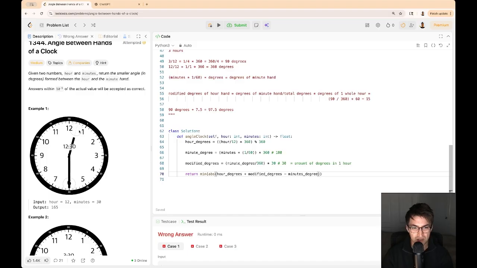No, 15, that'd be negative 165, then 165